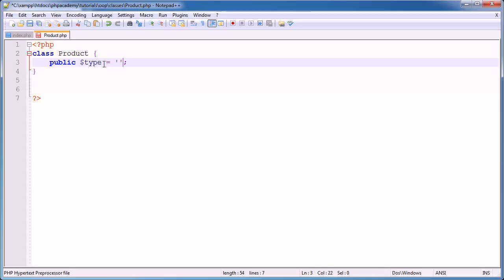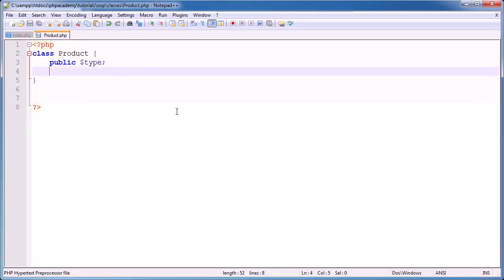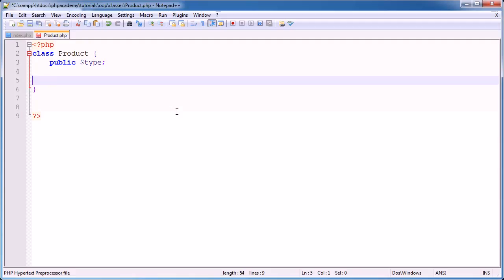As I said, we can define a type to this. So for example, we could say food, just an example, or we could leave it and have this changed using a method. Now with public properties within a product, it's bad practice to set these outside of the class, essentially without a method setting these. Let's take a look at a basic example of how we instantiate the class and get